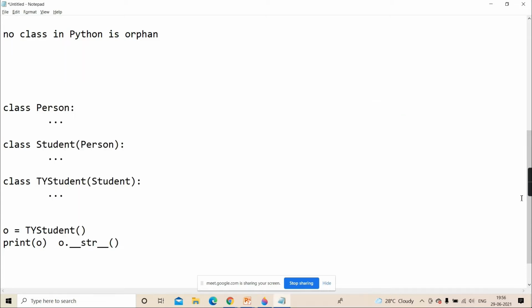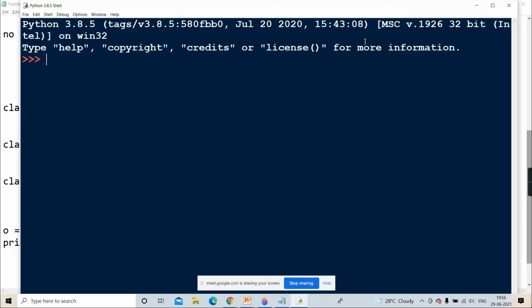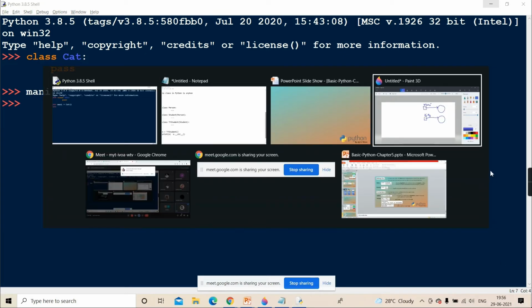See, I have not started with it. You can do it in IDLE as well. PyCharm, if you have got the habit now of PyCharm, start using PyCharm. Okay, see here. Class cat, if I do colon, enter and pass. I'm just leaving it an empty class. Okay, I've created an empty class. Now I'm writing money equal to cat. So you're creating a cat object.